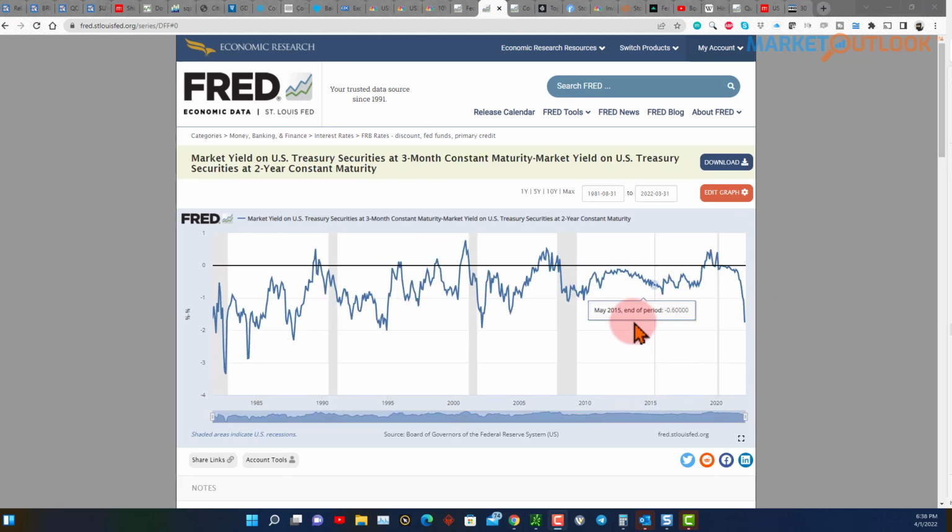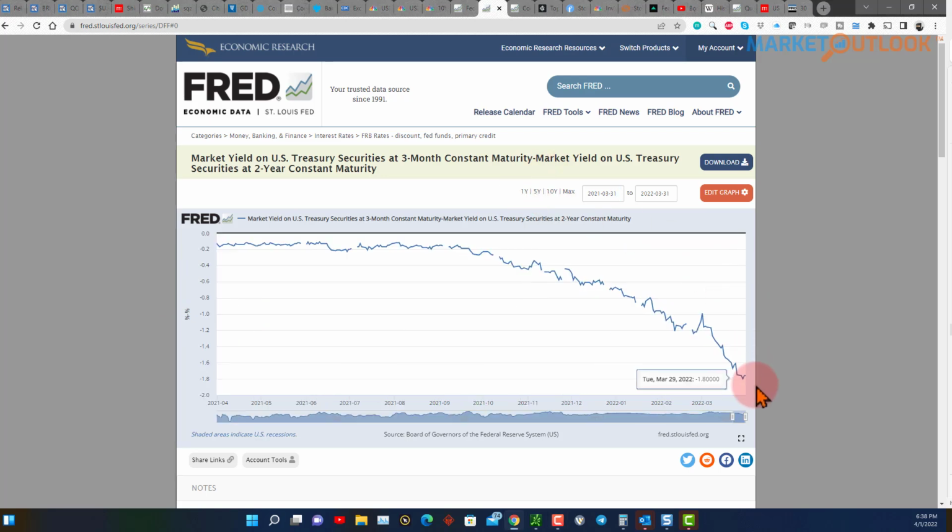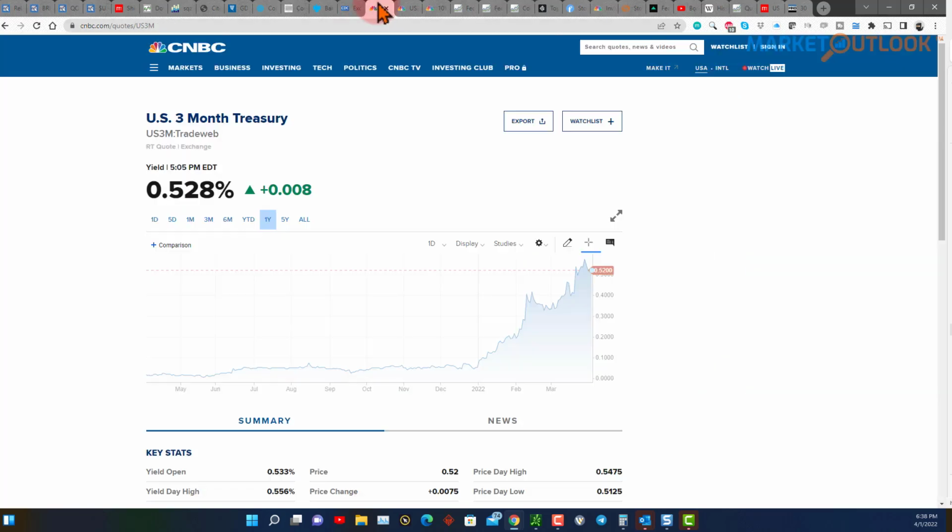So here we go. Here is as far back as we got for both of these, and we are really, really low going into March 31st, so this does not include today. So we're at 176 basis points today. But if you look at the